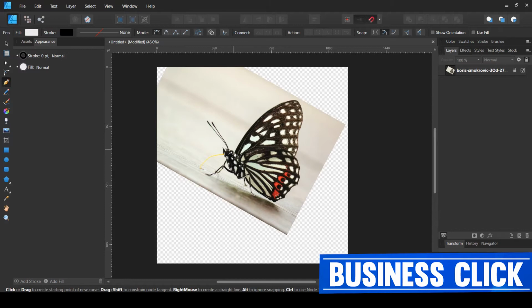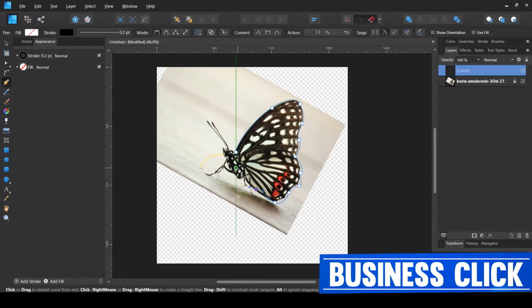I will not be really confined to the actual shapes, loosely just building the shape of my object based on this image. Now you can see that I'm not really tracing it perfectly.